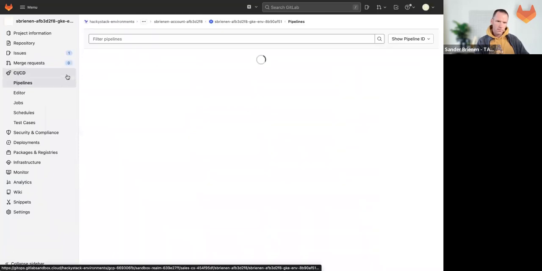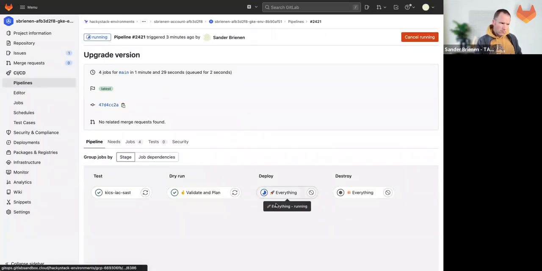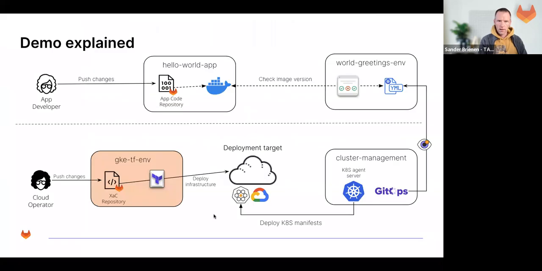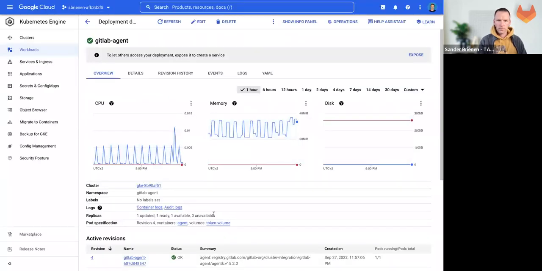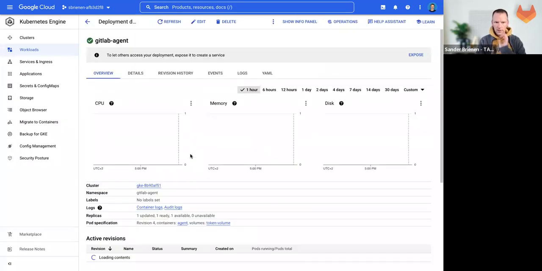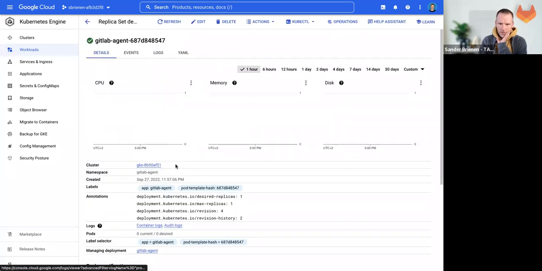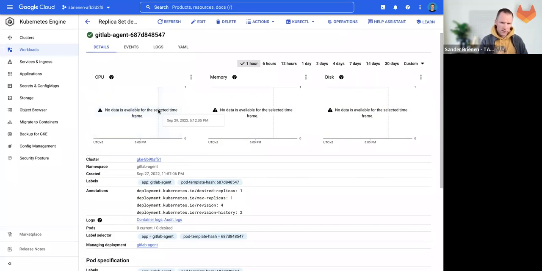Cool. Then the pipeline should be ready. Yes, so I can now deploy it to production. That should be fairly quick because I have a small change. And once that's done, then you will see in the Google Cloud that there is a new workload for the GitLab agent. So here's the GitLab agent. It's running at the moment already. And it's still on version 15.2.0. But when the deployment has finished,